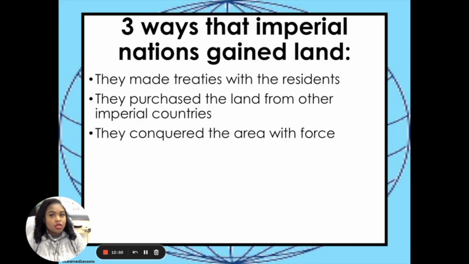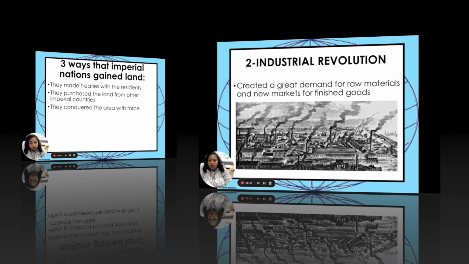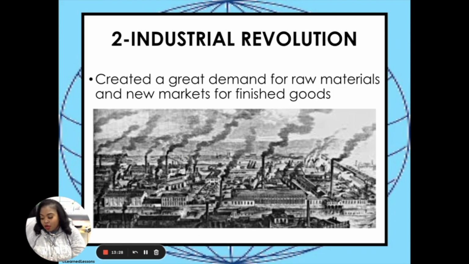is not so peaceful. So the first two ways are peaceful ways to gain land. The last one is not so peaceful, but it's going to have to be used, because think about it. Would you allow somebody to come in your house and take over and take your resources? All right, again, we're still talking about ways